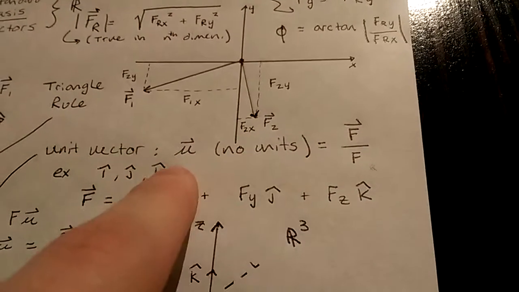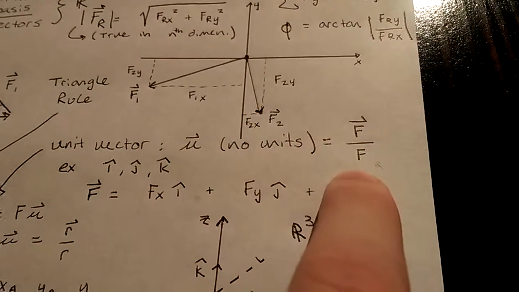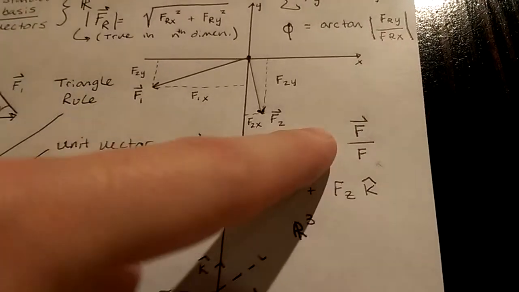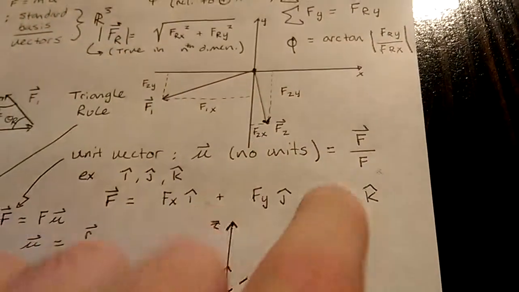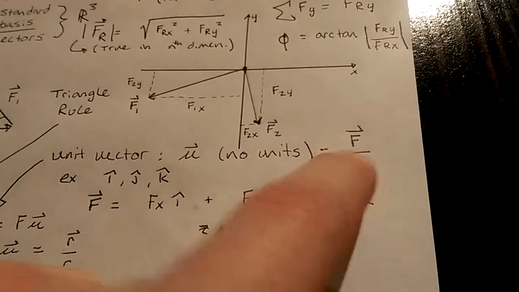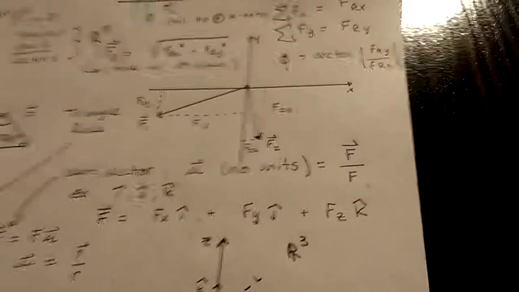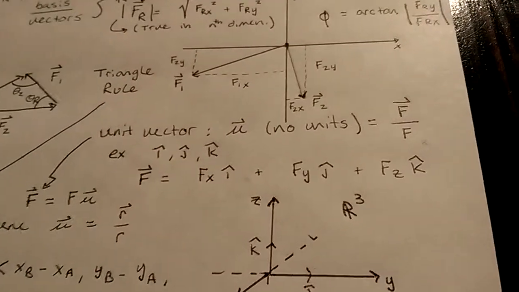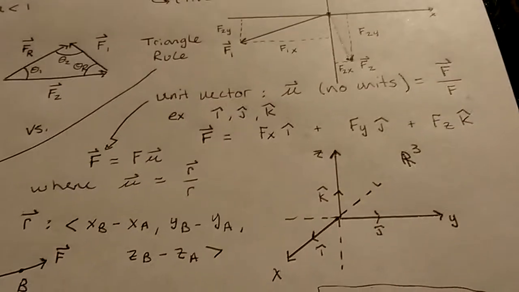It's in the direction of this vector, say f, divided by the magnitude. So the only thing that really stays is this hat, the direction. So it has no units. It's f over f. The magnitudes cancel. The only thing you're left with is the quantity 1 in the direction that the force was initially,